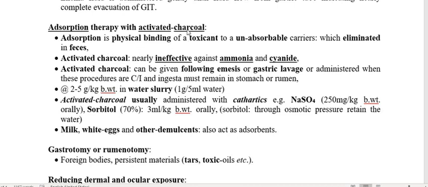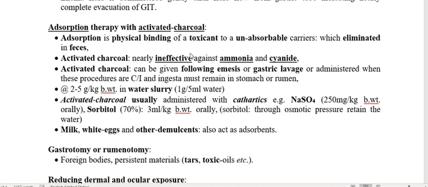We give this activated charcoal as a water slurry at the dose rate of 2 to 5 gram per kg body weight to the poisoned animal, and this activated charcoal is going to adsorb the toxic material present in the GI tract,